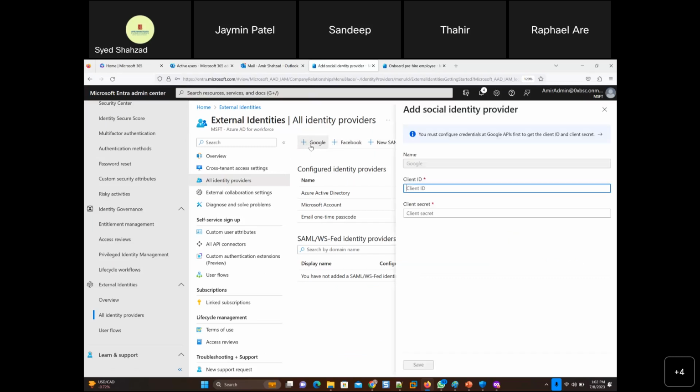If I click the Google Plus here, remember that we had to give client ID and secret ID for Microsoft 365 to Google. And then we had to go through the test account of Salesforce, for those who did Salesforce, or test account of Dropbox in the class that we did. So you must configure credentials at Google APIs first to get the client ID and client secret.